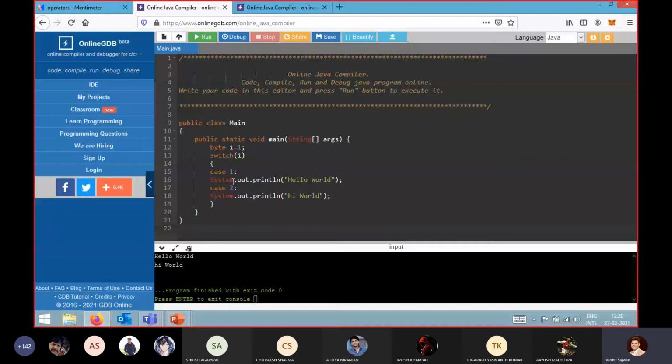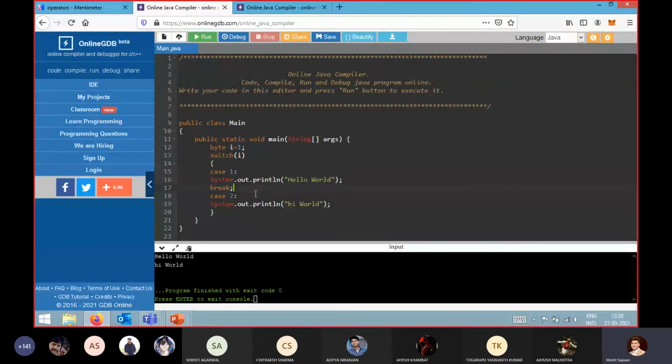This is how our switch statement basically executes. The switch statement always executes from top to bottom. So that is why it is advisable to write a break statement.